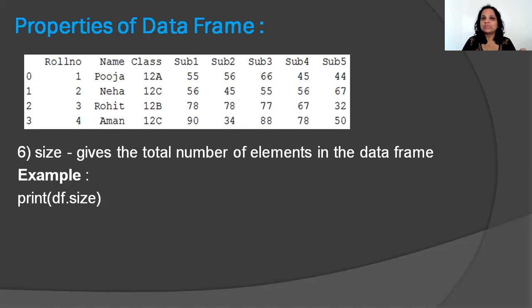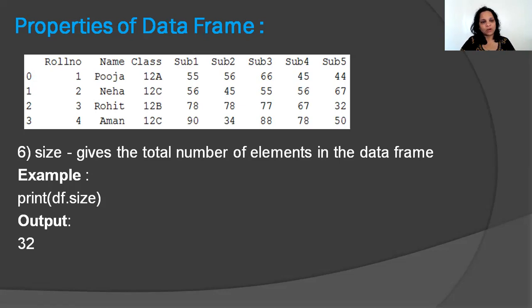We got the shape as 4,8. Size is nothing but 4 multiplied by 8. Obviously, if you have 4 rows and 8 columns, how many elements will you have? It's 4 into 8, which is 32.